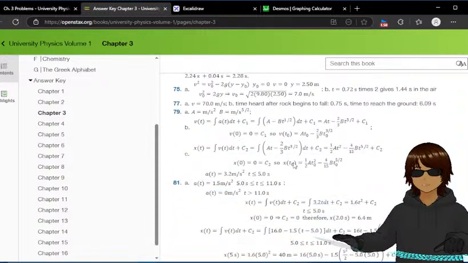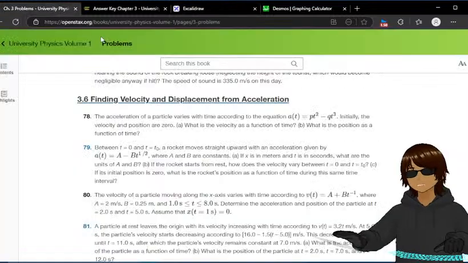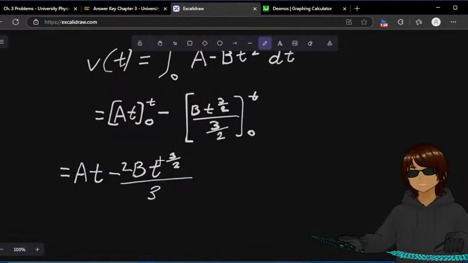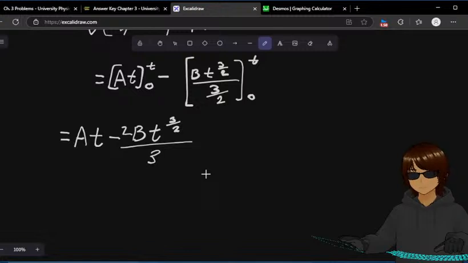So 2 over 3. But the final velocity is at t naught. So how does the velocity vary between this and this? At a particular time, the velocity would be this. And we also have